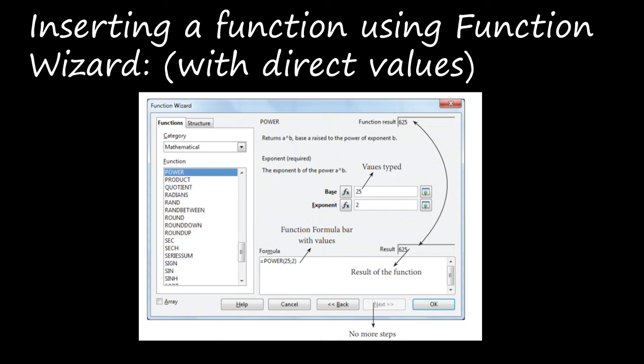So the formula is displayed in the formula box, that is equal to POWER of 25 colon 2, right? That is the formula, and the result will be displayed on the right side of the formula, right? This is the last step. So Next is not enabled, and if the answer is wrong or anything is wrong, you can just go back, okay?